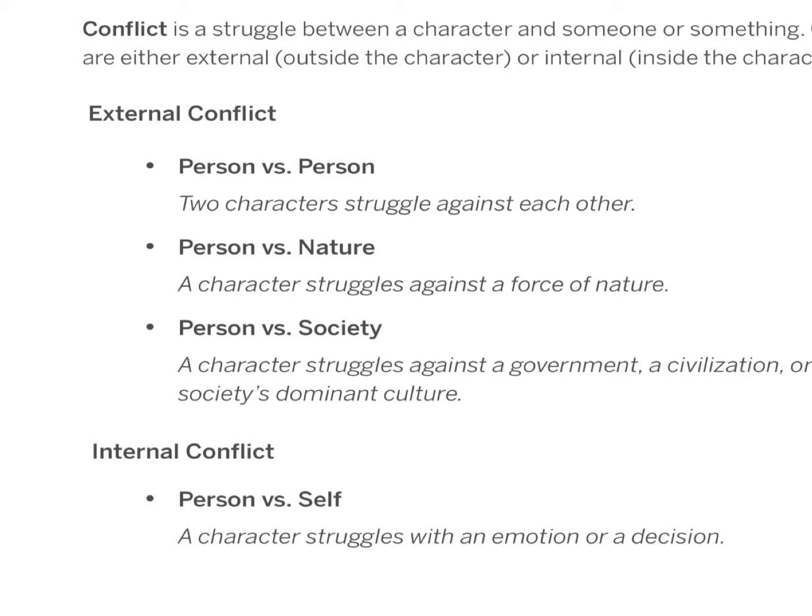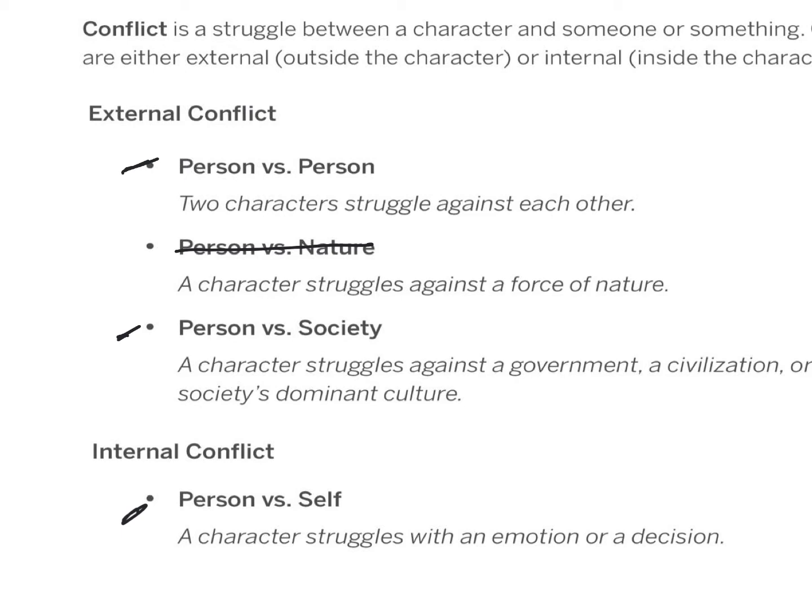Now, we know it's not really going to be nature. I mean, I guess you could talk about her growing the garden, but that's not really a conflict in the story. So you're going to have to decide if it's going to be this one, or this one. And it can vary from person to person. The story has all of those in it. So what do you want to focus on? And what you focus on kind of tells how the story's going to go.